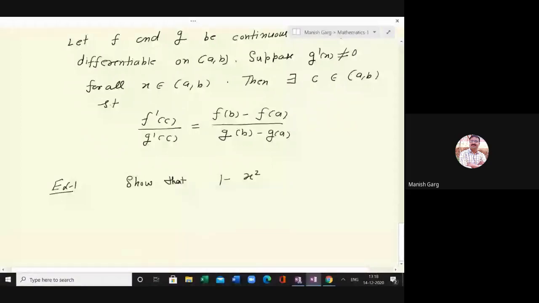1 minus x square by factorial 2 is less than cos x for x not equal to 0. This is actually when you are applying the Cauchy mean value theorem, to find f x and g x. So here,